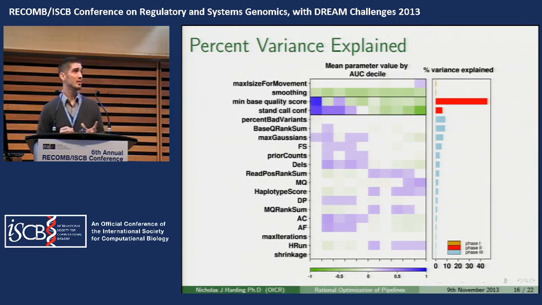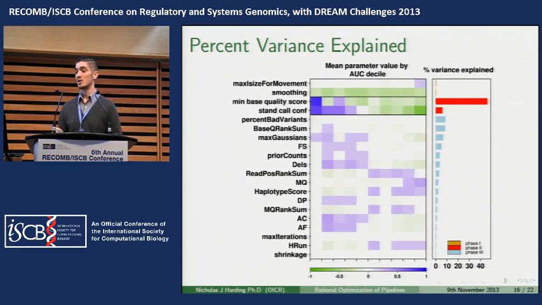So let me just walk you through this graph a little bit. In the left panel, we see a heat map, and each column represents a decile. What I did was divide the parameter configurations into 10 deciles and put the worst performing 10% of configurations on the left and the top performing 10% of configurations on the right. So each column represents a decile of configurations. The color in the heat map represents the mean normalized value of the parameter